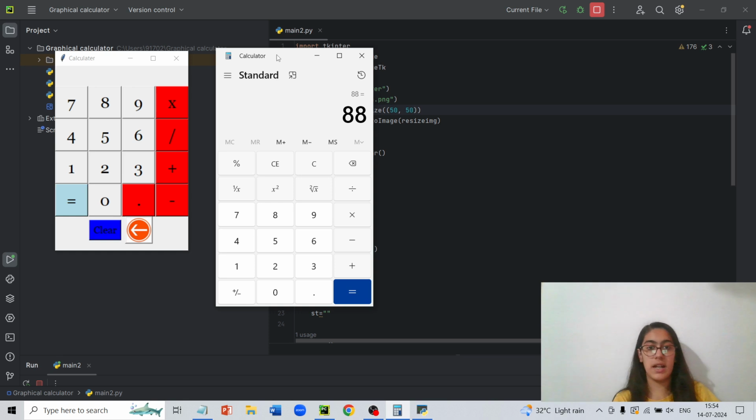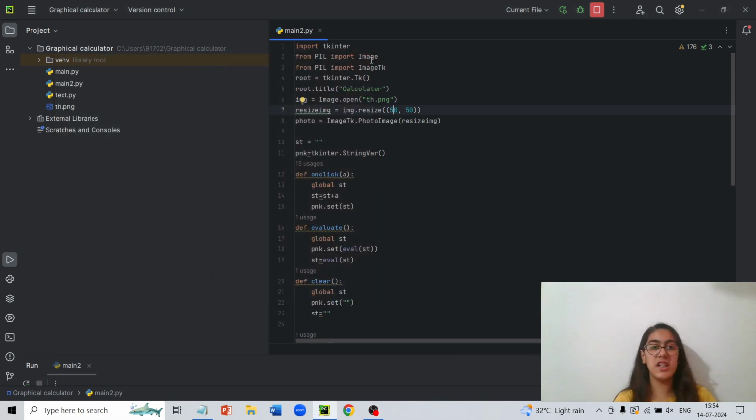I try to make it that way. There is also 789, 456, 123, equal to. I put in this side because I wasn't feeling the vibe that there are multiply, divide, plus over here and minus below here, so I put the equal to this side, and then the backspace I put it down here because it looked better. So this is how we can change our perspective and make our calculator.